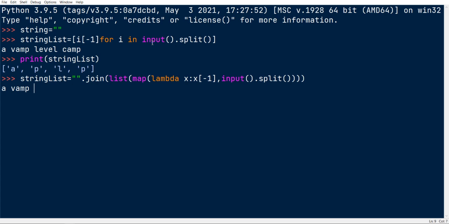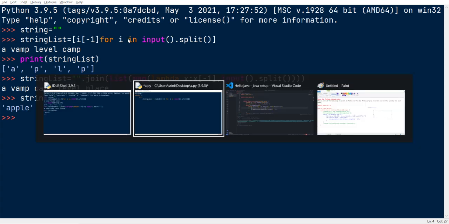So yeah, vamp camp level place, we got apple. You can either use this one or this one. I'll stick with the one shown here.